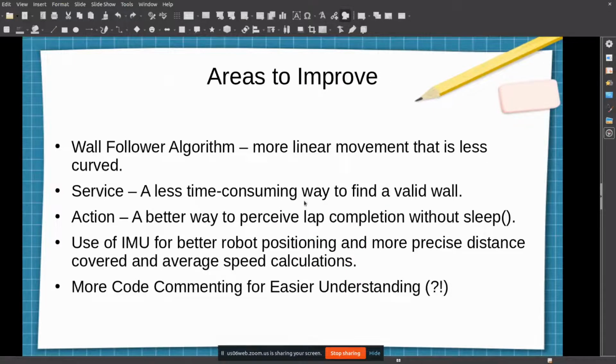And the service, this is the wall follower finding wall service. So I need to find a way to improve that by reducing the time it takes to find a wall. And for the action, it needs to have a better way to perceive the lab completion